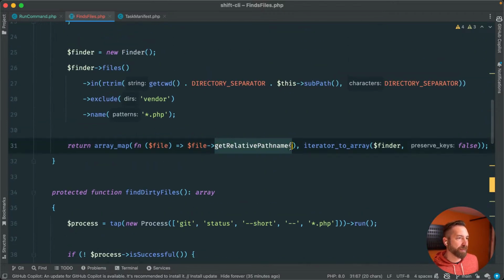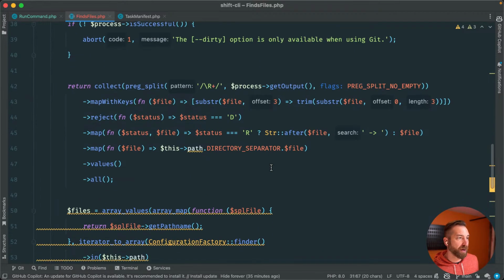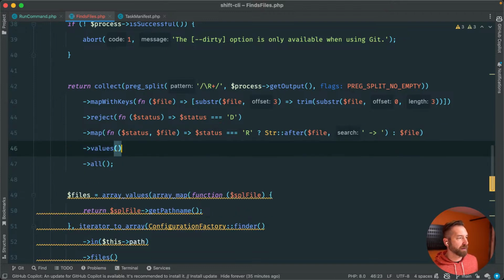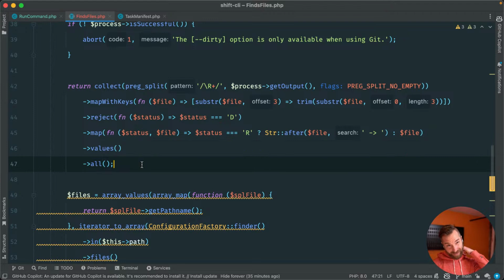We ultimately map this down to relative path. So I think I could probably short circuit this for now. I'm not saying this is going to work forever, but I think we could probably just map this down, which is really doing nothing now. So we could probably get rid of that, and we just get the values and then all. So that's going to effectively return,